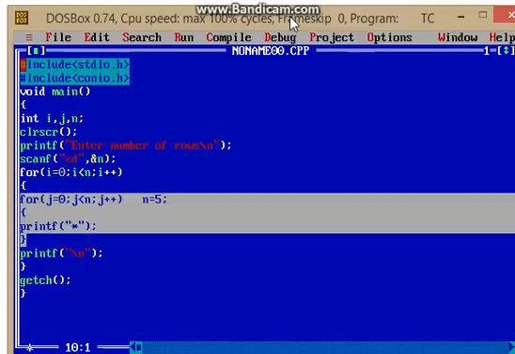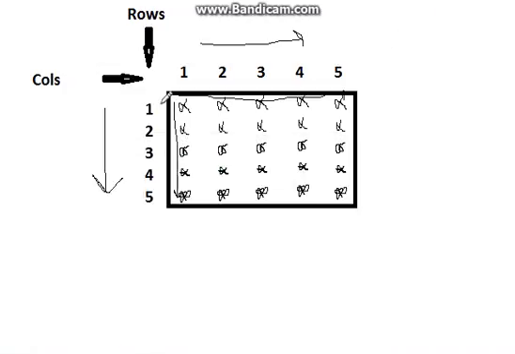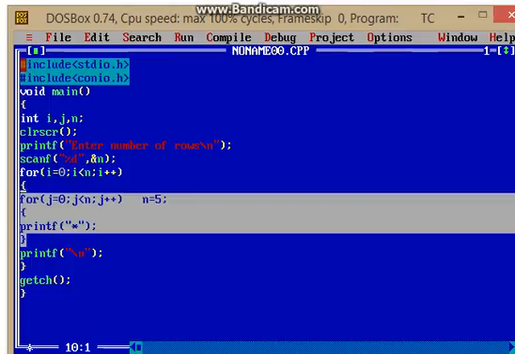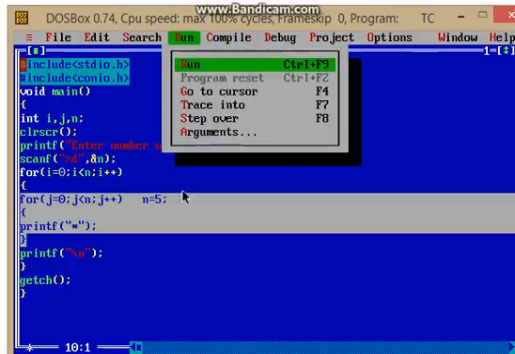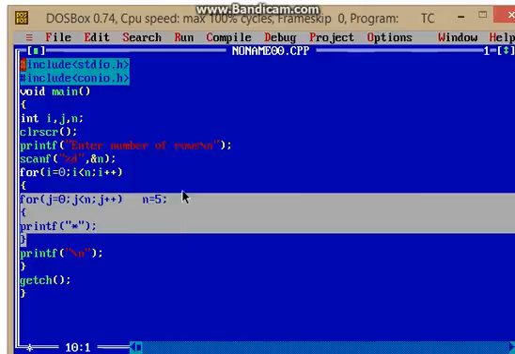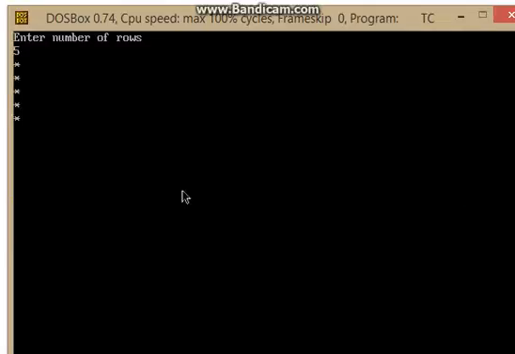Using the nested second loop we will print these, and using the first loop we just change the line and print the same result, 5 times. So guys, it's working. Now check this program, run the program, enter the number of rows 5.